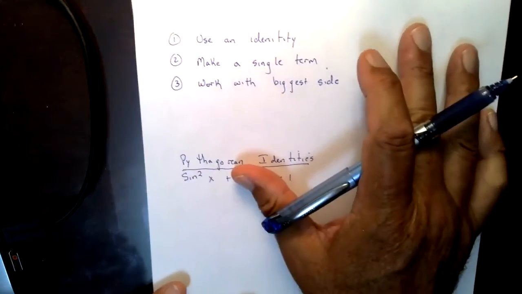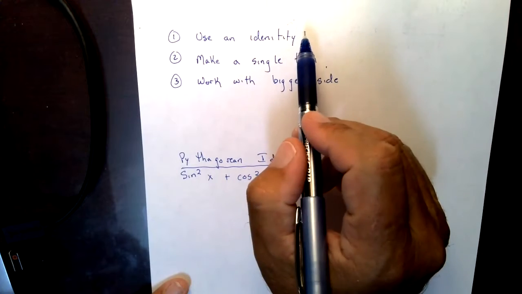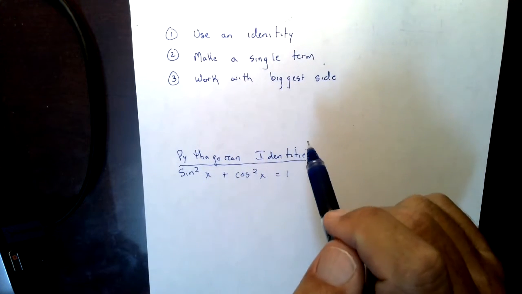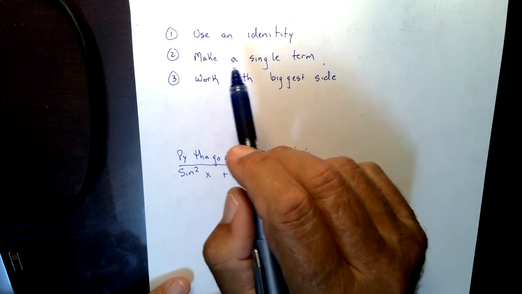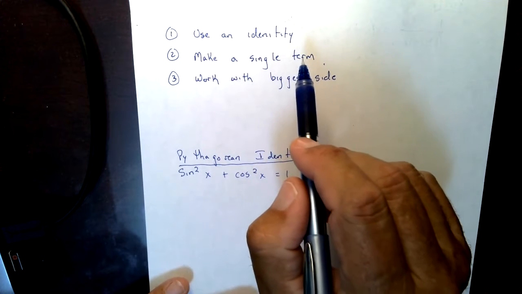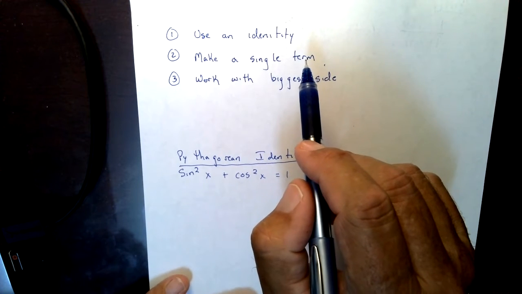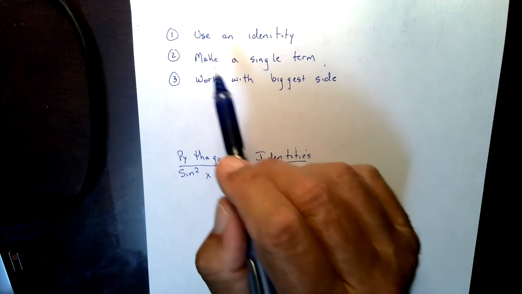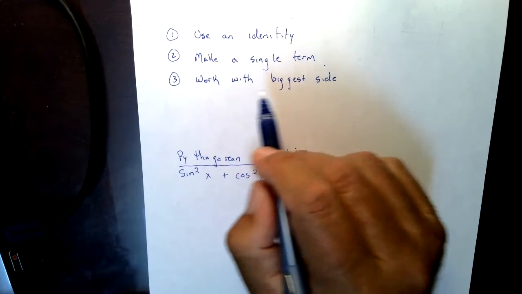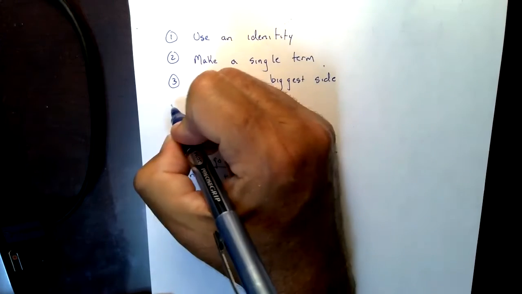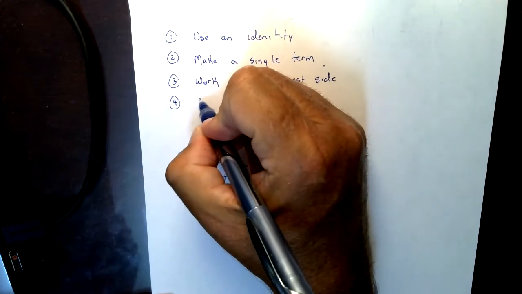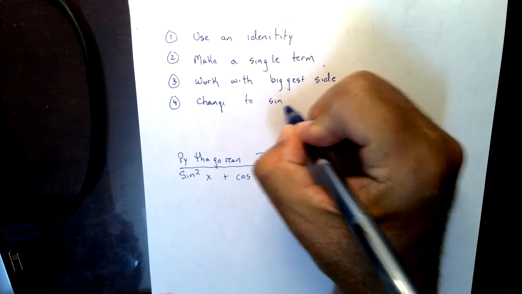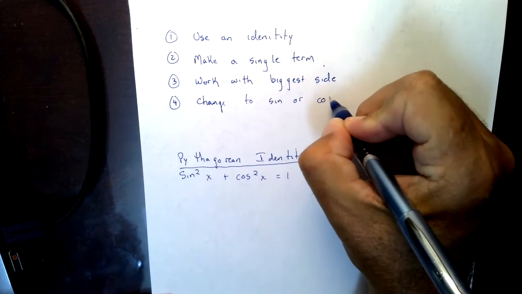Now, what do I need? Well, can I use an identity? Is there one of the identities, like the Pythagorean identities, I can work with? Also, can I make a side a single term? The one I looked at was two terms, and I'd like to make it into one term to equal the right side. And again, a lot of times work with the biggest side. The other thing I mentioned is, can I change to sine and cosine and work with those because I feel